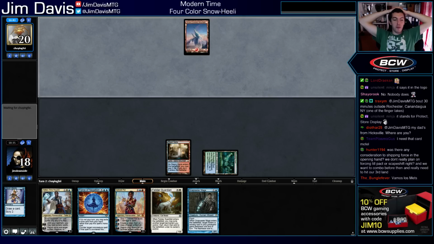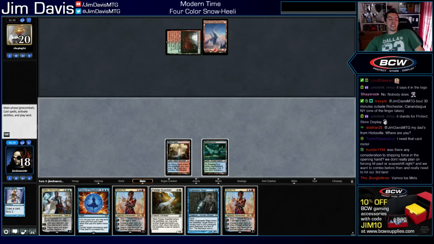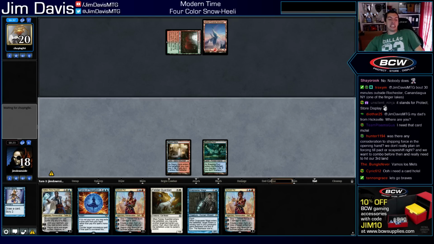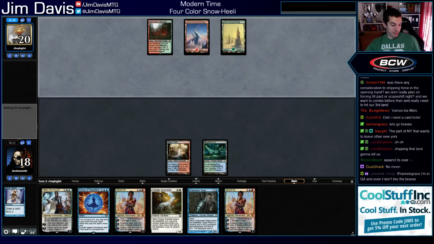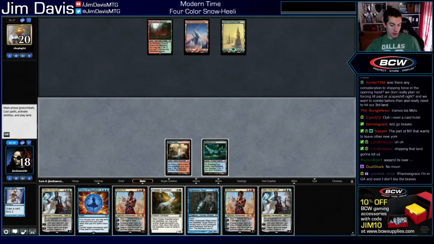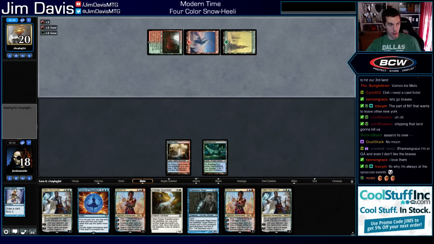Shipping Force, no. Our Teferi's basically dead. We can't even cast it. And I would like some way to interact. Even forcing like a Farseek or something isn't that bad if we're going to combo quickly. So... Yeah, I mean, maybe shipping the land was bad. I don't know. We have plenty of cantrips. Alright, I guess we're just dead. Whatever. The land also didn't cast our Teferi. If it was a white land, I would have kept it. But the redundant colors didn't matter either, so...